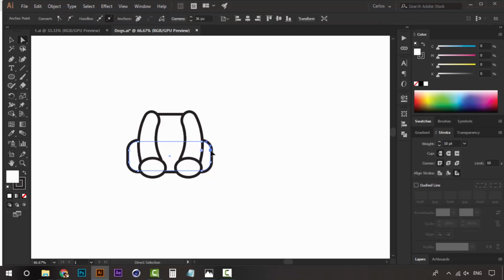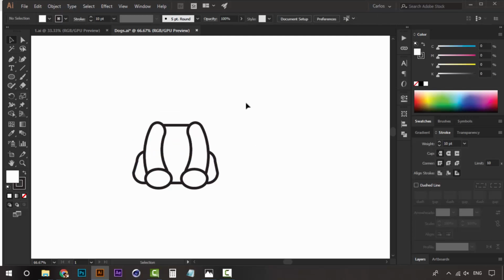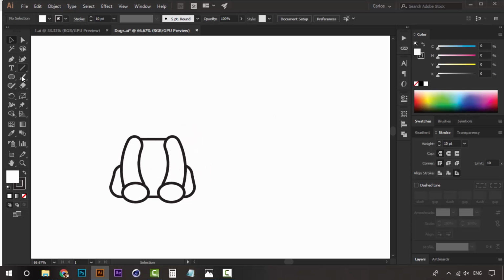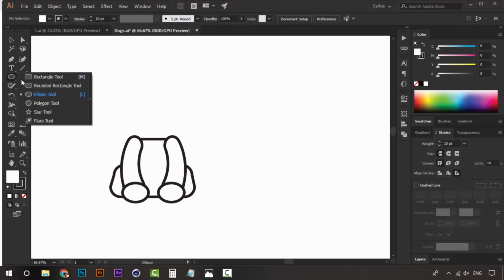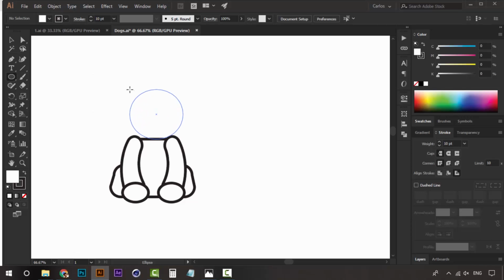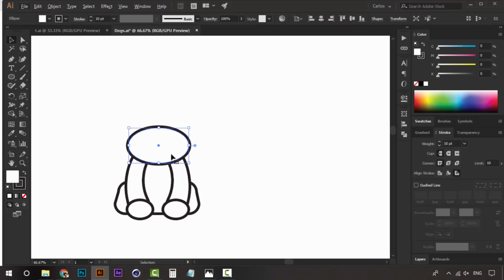I'm going to select with direct selection these points, and I'm going to take these points a little bit to the left and these left points a little bit to the right to create some sort of angle like this. Alright, now we're almost done with the body. Now let's take the ellipse tool and let's create the little puppy necklace. So I'm going to draw this,